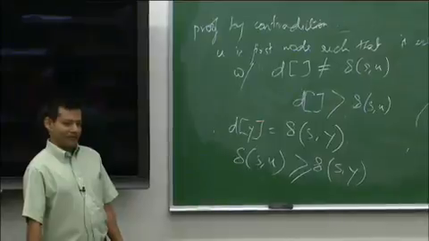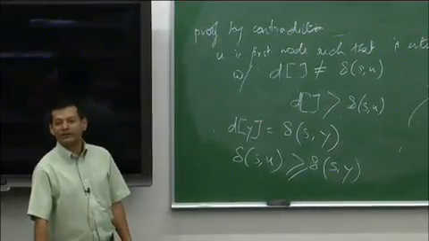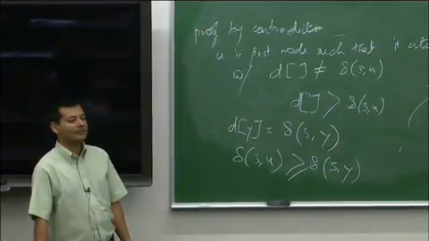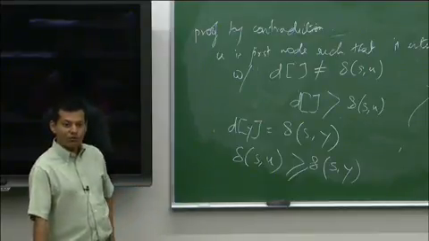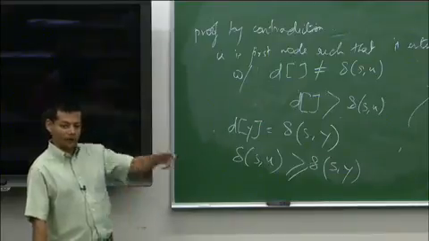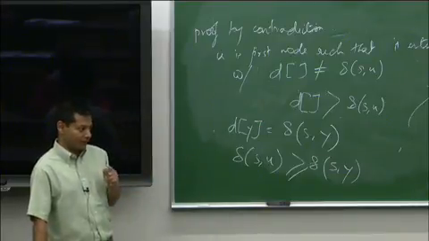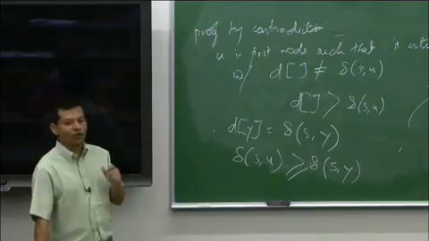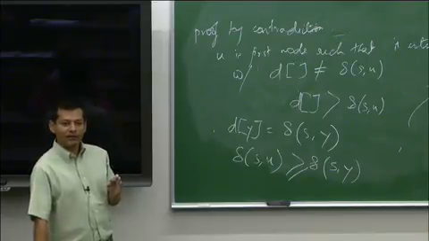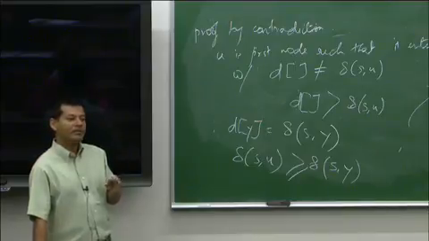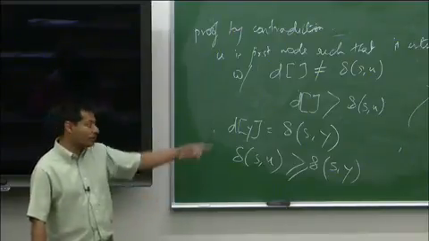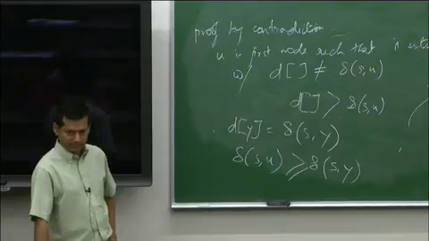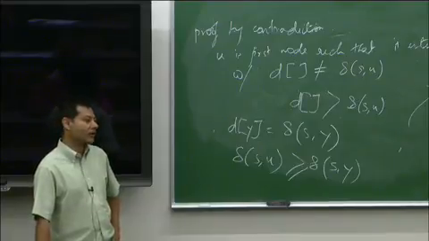Do you see a contradiction now? What is the contradiction? Yes. We started by assuming that u will have a d value which is the smallest of all, because at that step it will get pulled in. And I am just showing you another node called y, whose d value has just been shown to be less than or equal to the d value of u. So, it is not possible then that u gets pulled in, instead you would have pulled y in. And that therefore produces a contradiction for us,